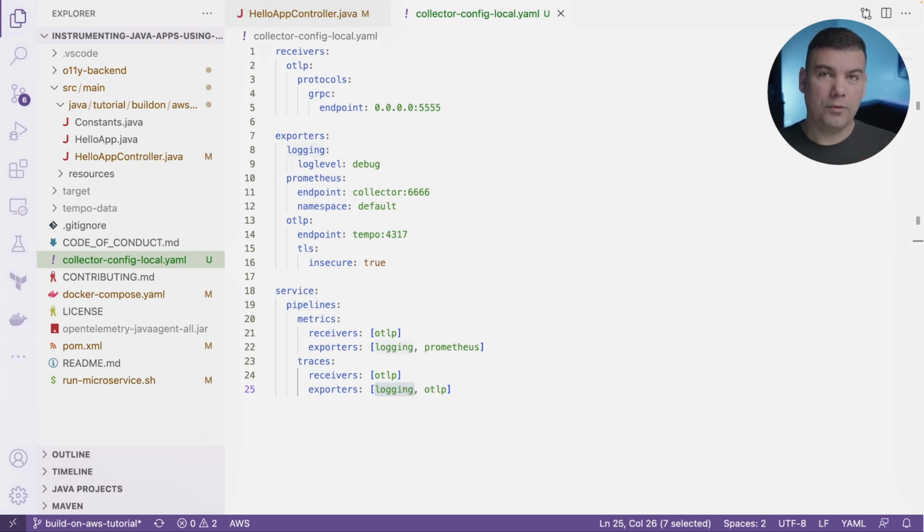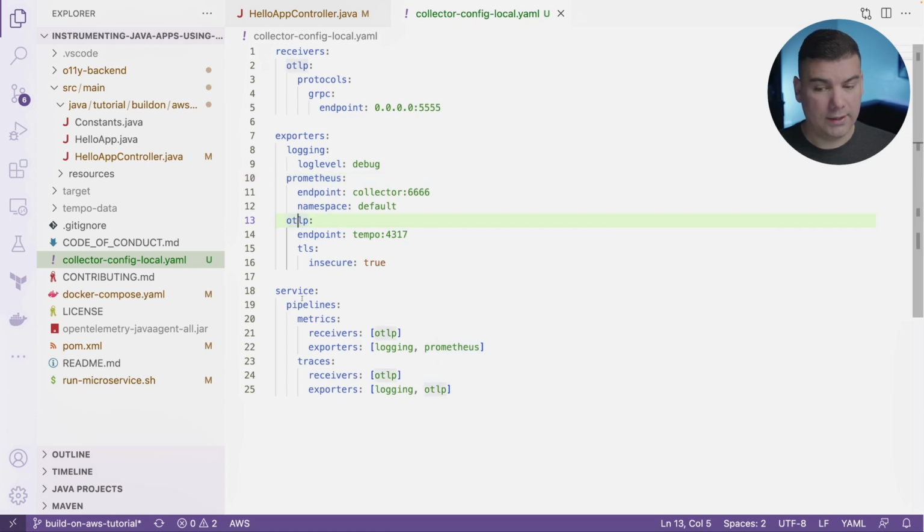However, I think it's important for us to catch up on everything that we have done so far so we can understand what is going to happen on AWS. So right now we've been using the OpenTelemetry collector to transmit all the produced telemetry data to the observability backend. As you can see here, we've defined two exporters, one for Prometheus and another for OTLP, which is the protocol for OpenTelemetry to communicate with Prometheus and Grafana Tempo respectively.